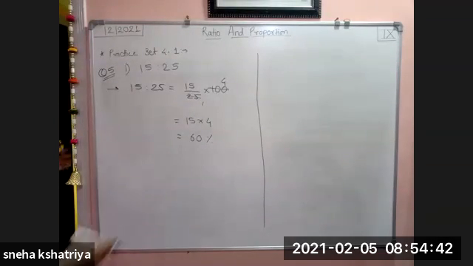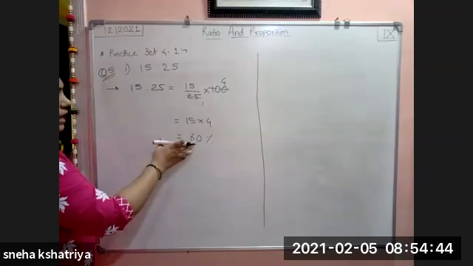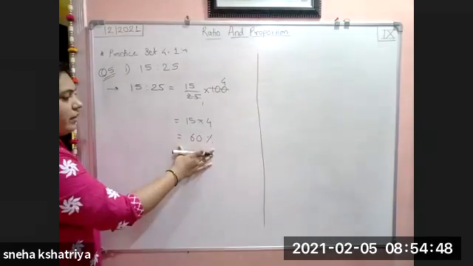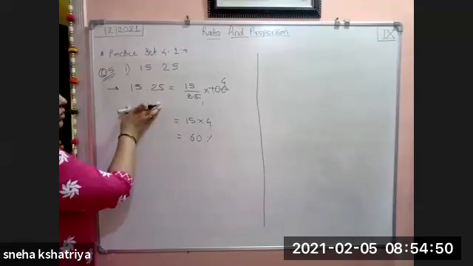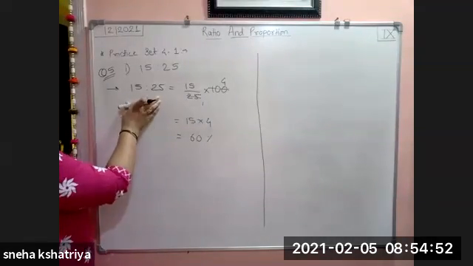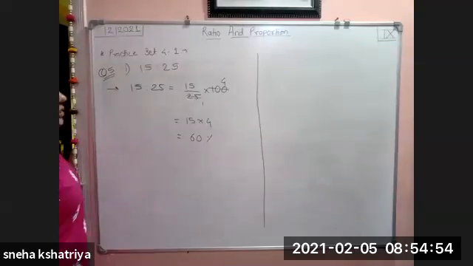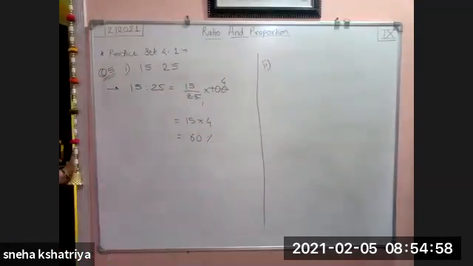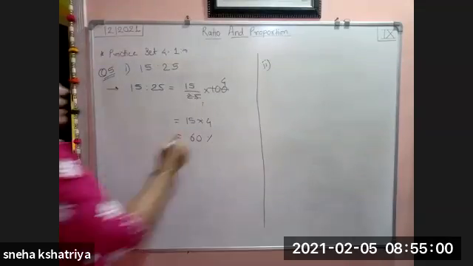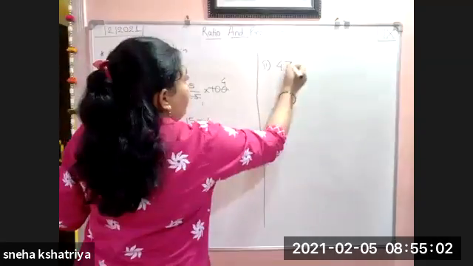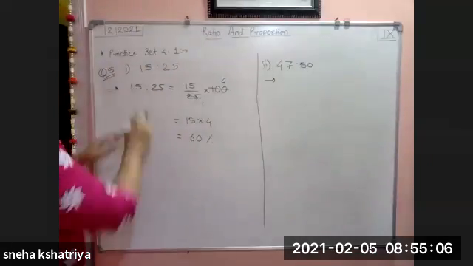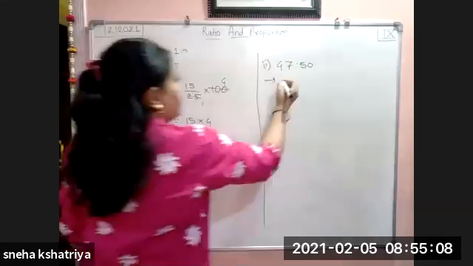In the last lecture, we have seen examples where percentages were given and we had to convert them into ratio. Now ratio is given and we are going to convert into percentages. We see the second example. It is 47 as to 50. Again the same thing. You have to convert into percentages.